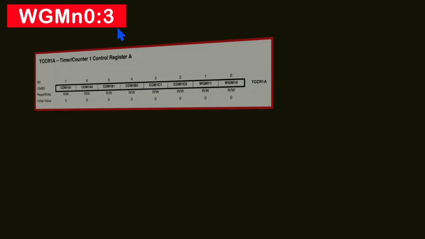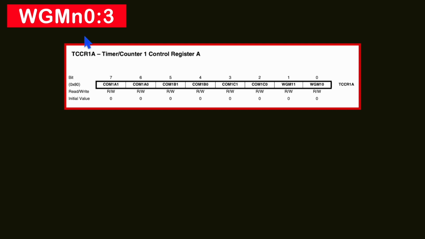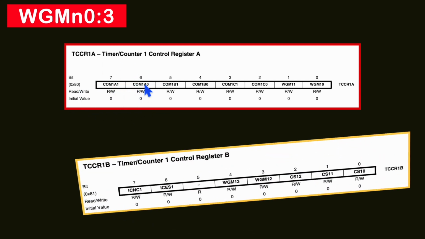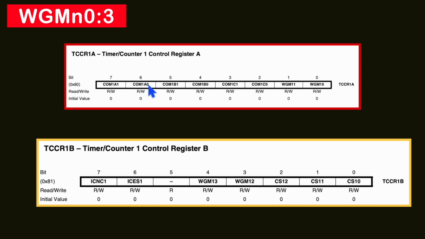And the second configuration we have is waveform generator mode. These 4 bits, 0 to 3rd bit, are basically selecting different modes, and for this it uses two registers. The control register A, where we had already configured these 2 bits. A1 was 0 and A0 was 1. So that was already there. And now here we have to configure these 2 bits. Waveform generator mode, this 1 is for timer 1.